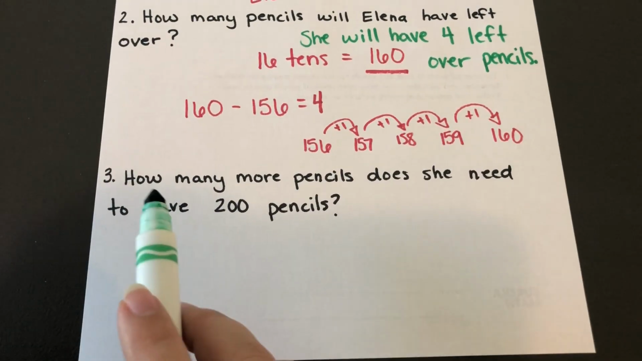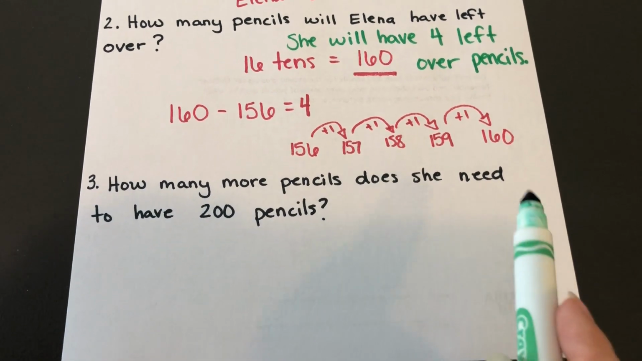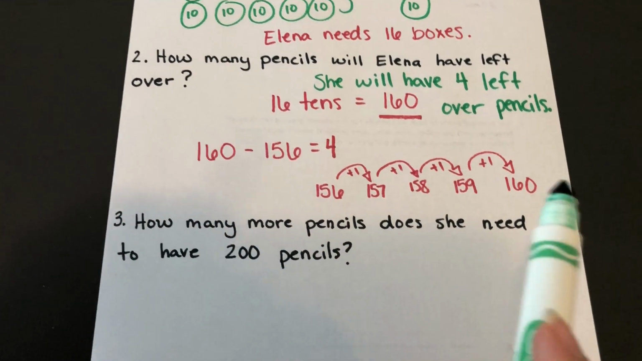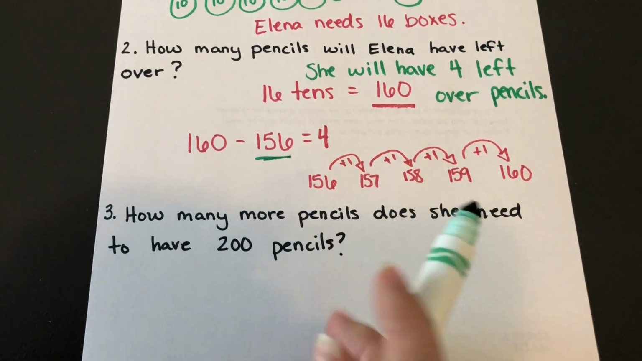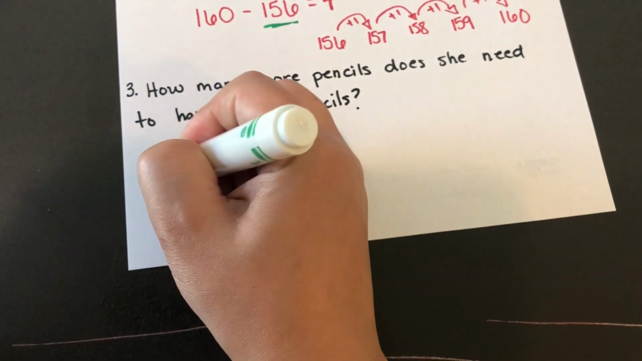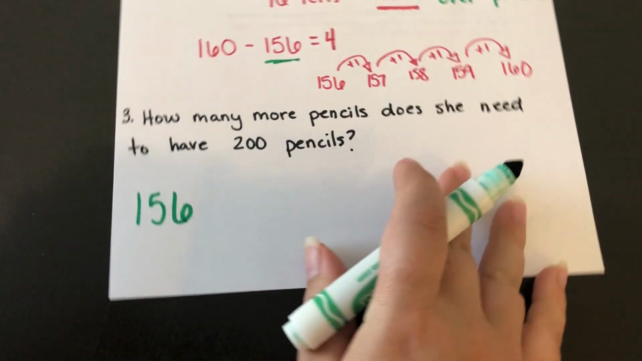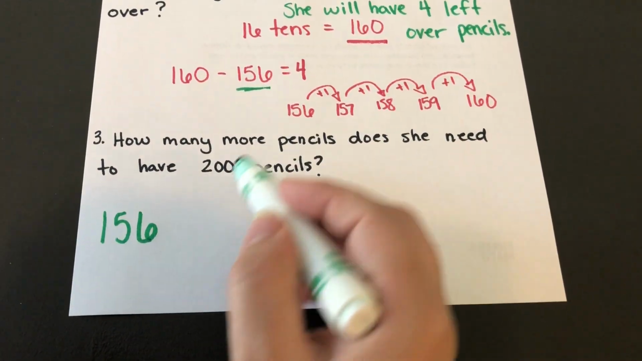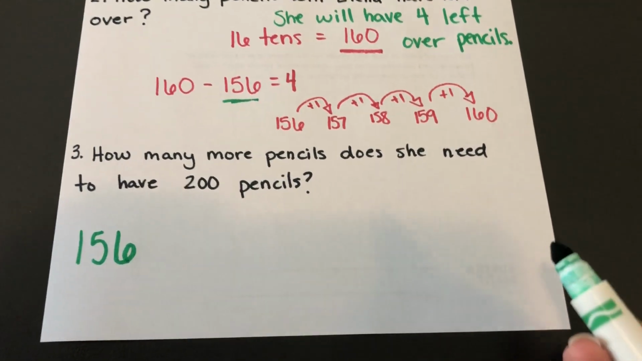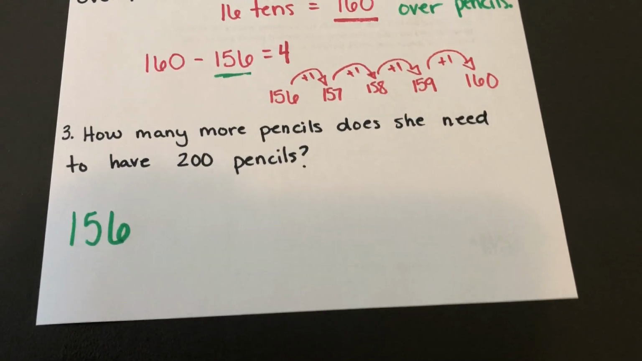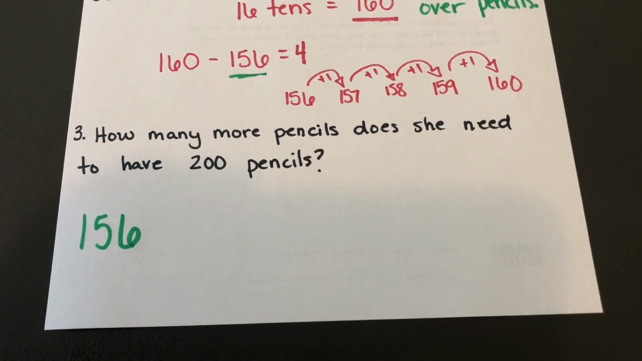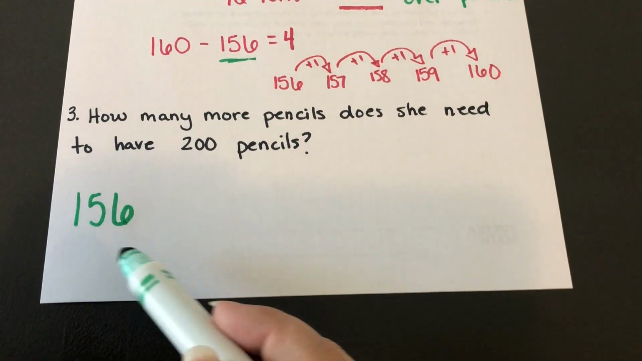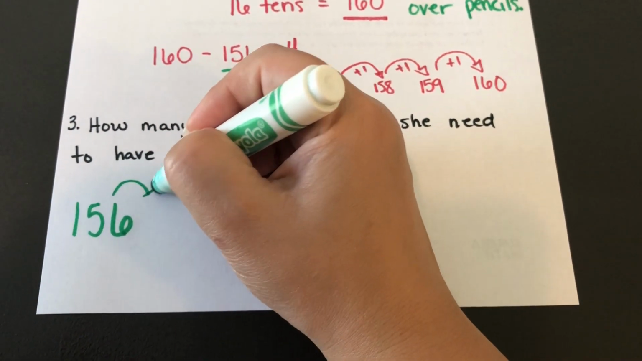All right. The last one says, how many more pencils does she need to have 200? Well, we can count up for this one too, actually. So she has 156 pencils. And they're saying, how many more pencils would she need to get to 200? So I'm going to count up until I get to 200. But because these numbers aren't really close, I'm not going to count by ones the whole time because that would take a while. So if I'm at 156, I can count up and go, okay,